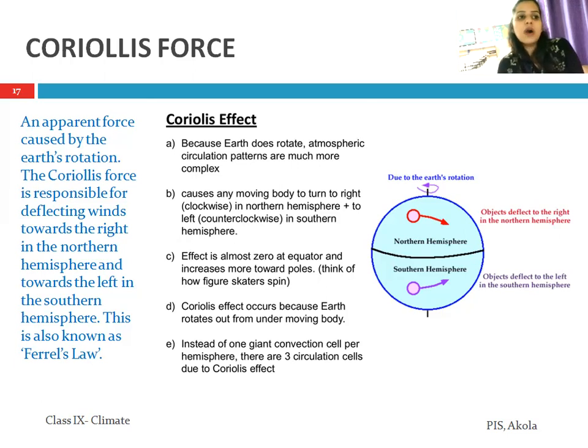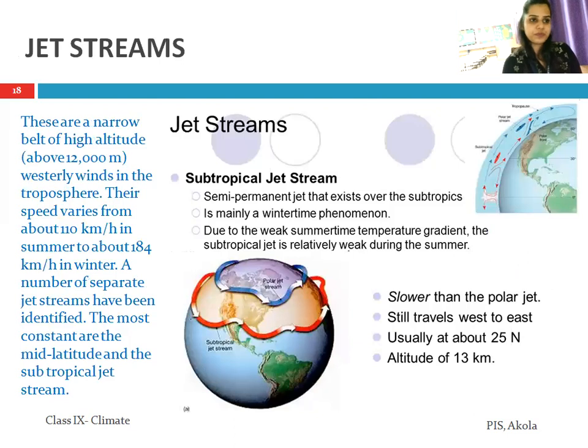This was all about Coriolis force. In short, if we have to remember what is Coriolis force, it is the apparent force which is caused due to the movement of Earth's rotation, and this movement is then further referred to as Ferrel's law. The second important idea which we have to study in the factors affecting the climate of India is